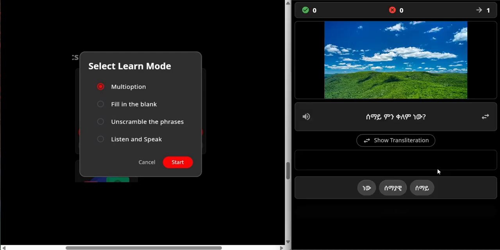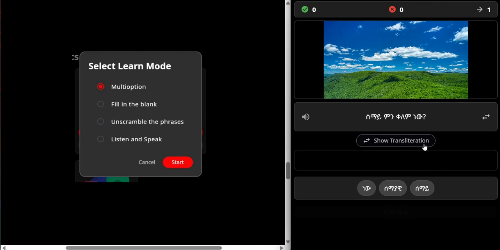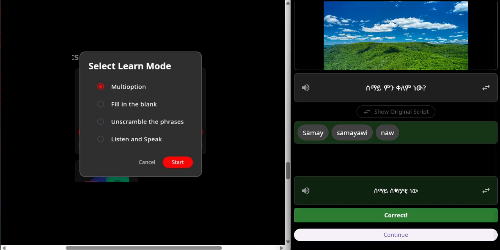Next one is the unscramble mode. You only have the picture and the question, and you have to form the answer from the word tiles. You can do it with these original script word blocks, or you can toggle to see the transliterations and use those. After answering, you get the answer here. You can toggle it. You can see the transliteration, translation,